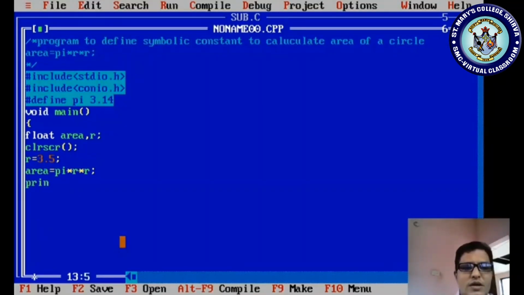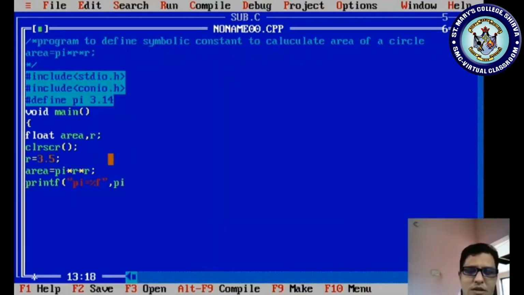Afterwards we have to display the value. Now how to display the value? First I want to display the pi value. Pi is equal to, then how will we take? It is clearly showing %f, right? What is %f? Control string. What is the purpose of a control string? To display the correct data type value. So for float we use %f, for integer %d, for character %c, for double %f.